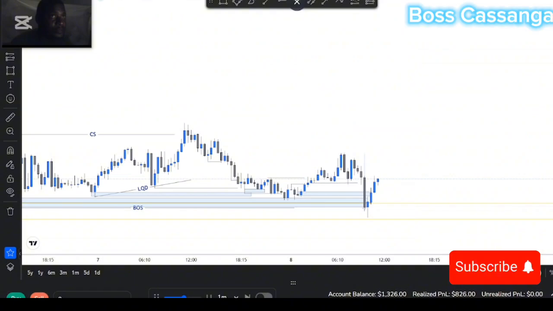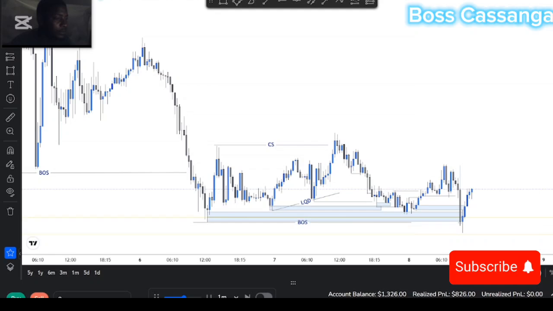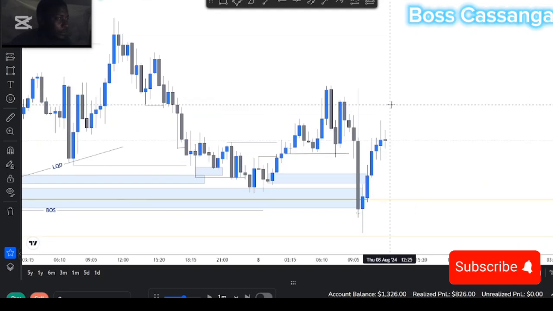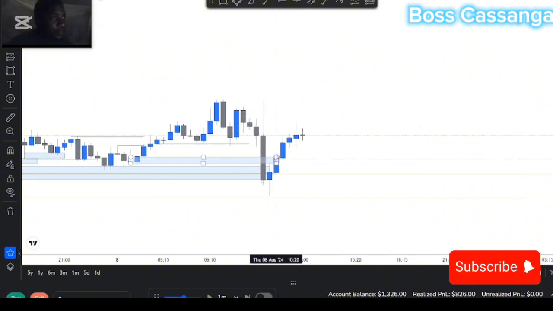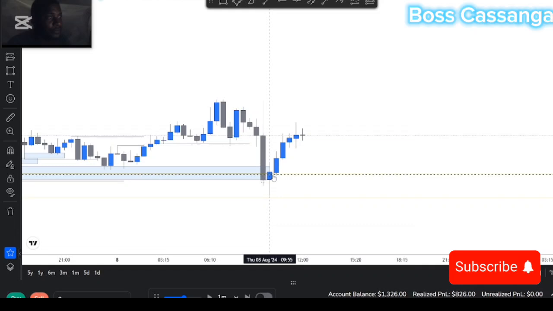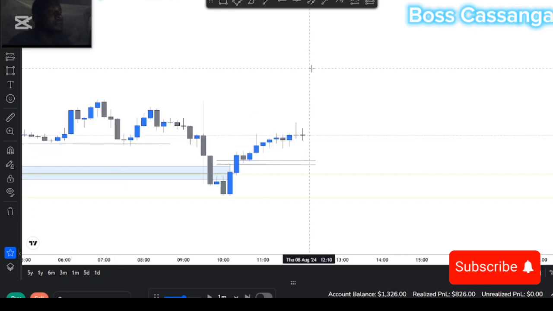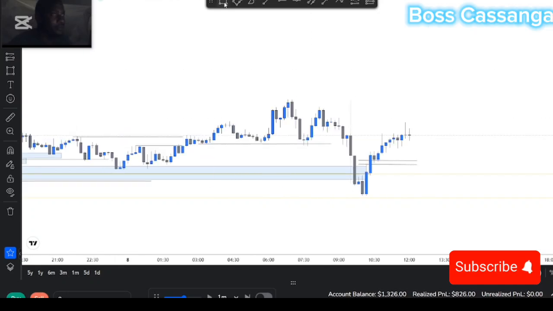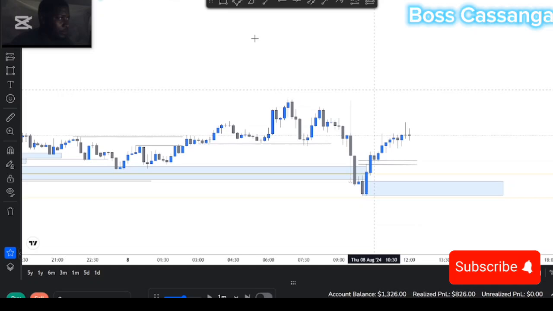Let me just go back. Now I'm in the 25 time frame. Okay. I just can't see those imbalances. Do I have an imbalance somewhere here? Let me see. On the 25, there's a bit of imbalance right here. Okay, let me go to the 10 minute time frame. Even this is my demand zone. Okay, there's no imbalance here on the 10-minute time frame, but let's see the market structure.